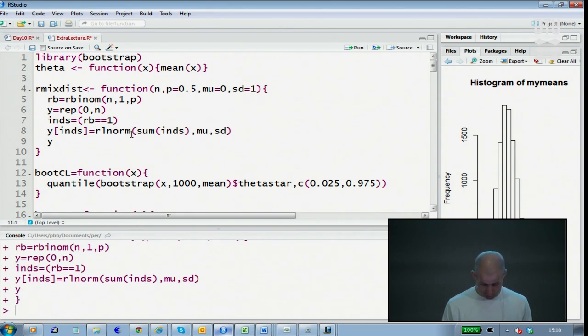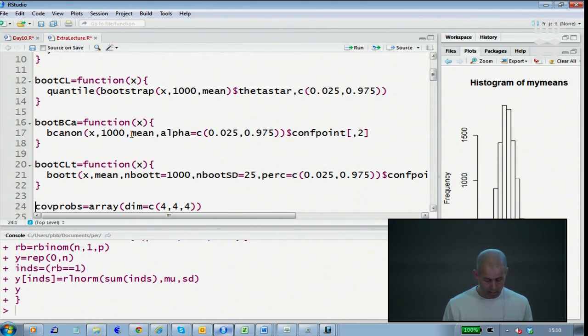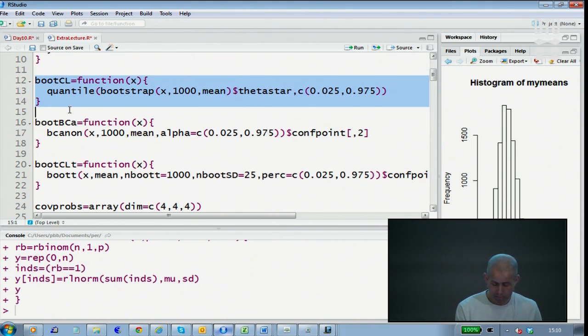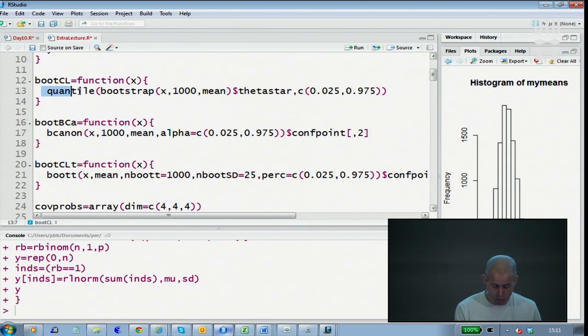Then I use, and that's maybe the interesting part, the fact that as part of the Bootstrap package, I can do either the simple Bootstrap, as I've taught you in this course, where I look directly at the quantiles of the Bootstrap distribution, or I can use the accelerated and bias corrected one, which is a function built into R. This is my own function that I apply, including the results.